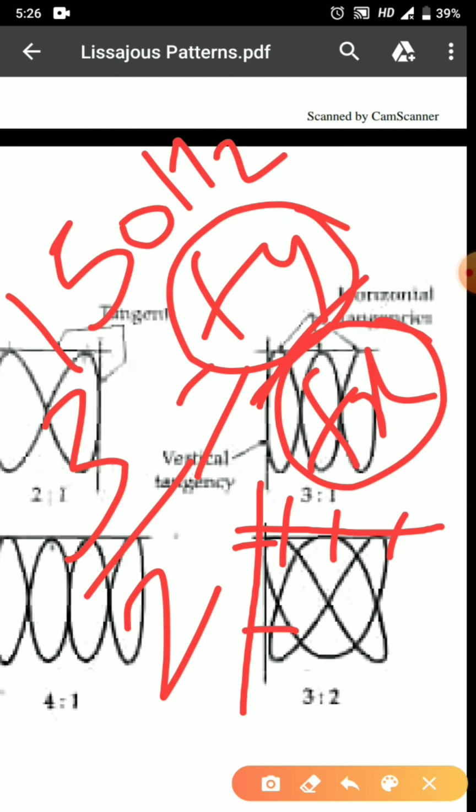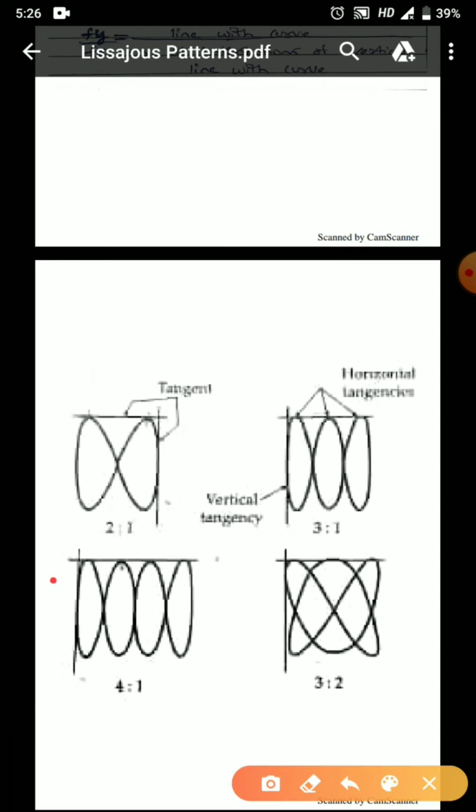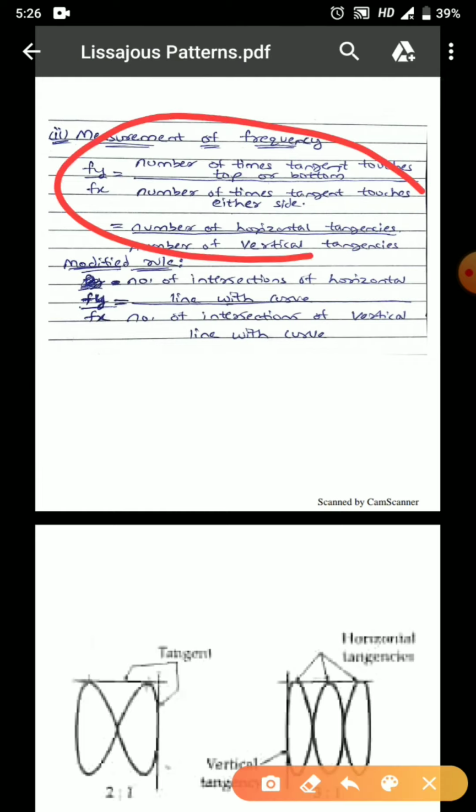Now this was when the signals that I am getting are closed loop. So here it is also closed loop. All these 4 patterns that are coming, it is a closed loop. Here also all the patterns that are formed is a closed loop. Now when closed loops are coming, at that time I can directly apply the formula, that is, I can directly measure the tangencies, and I can clearly write what value I am getting.